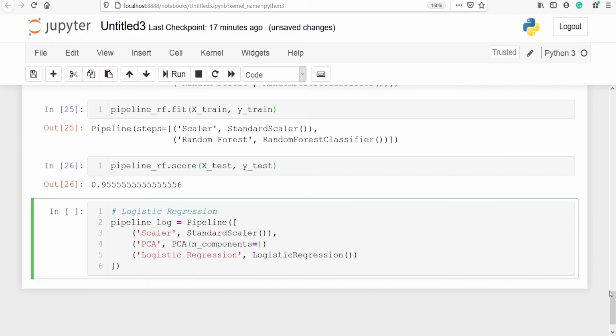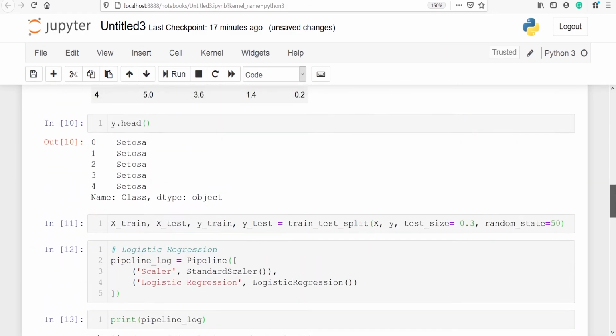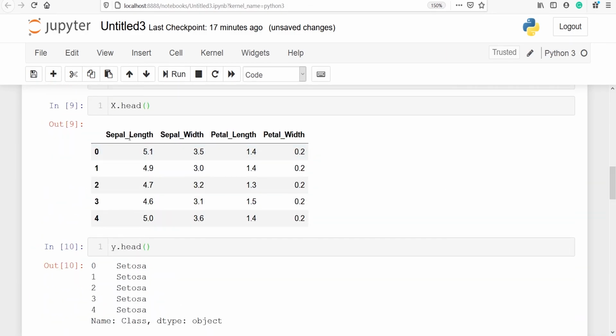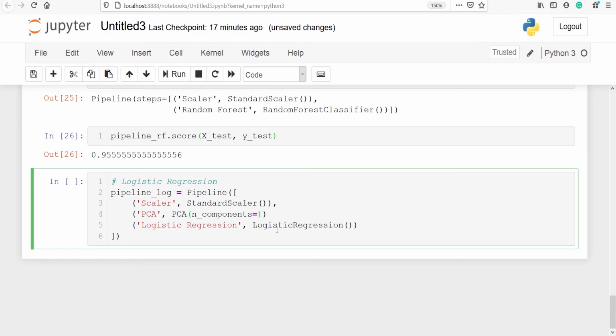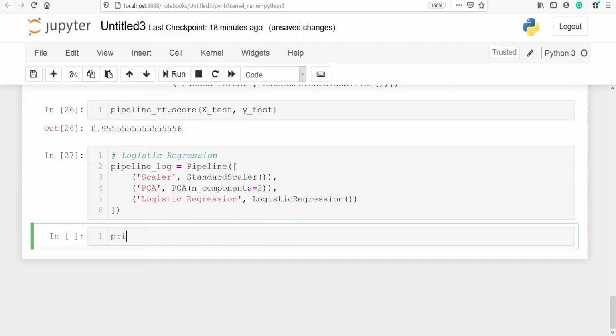So we have four independent variables. You can see here, these are the four independent variables, 1, 2, 3, and 4. We are going to convert this into 2. So I will pass 2 here. And now let's run our code. Let's print pipeline underscore log.